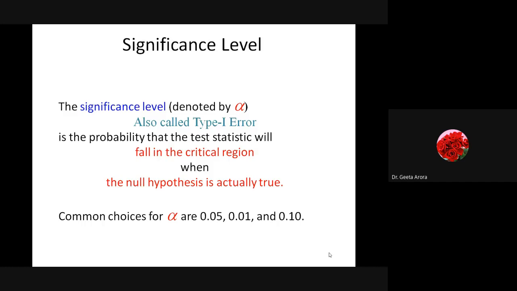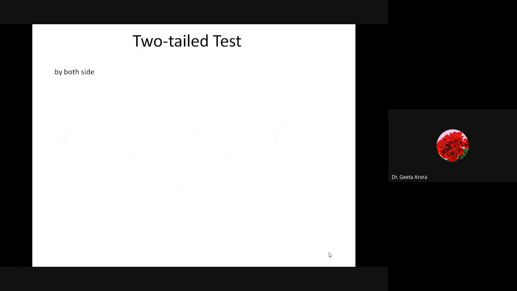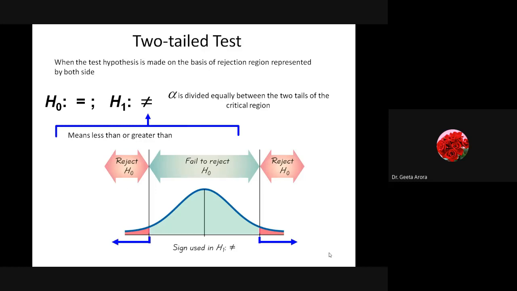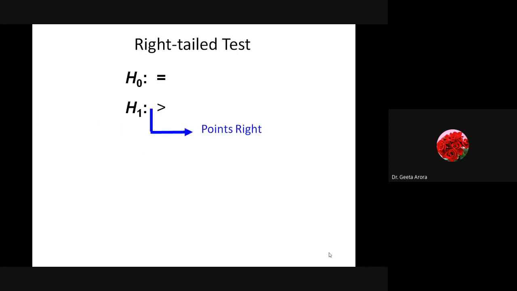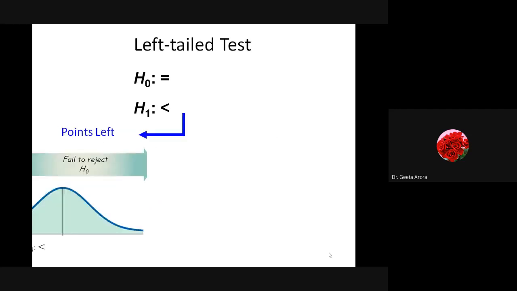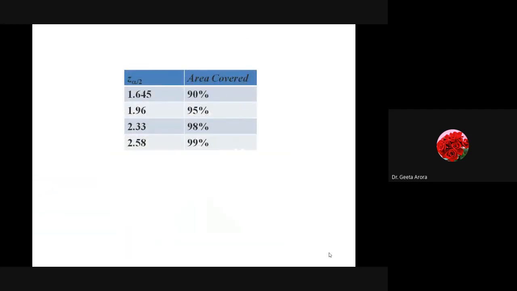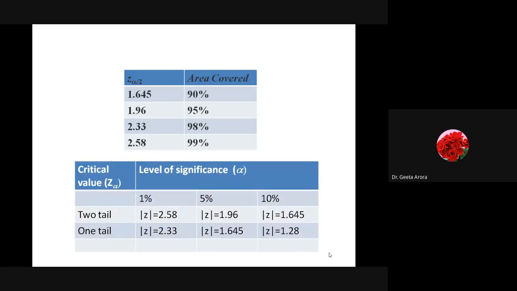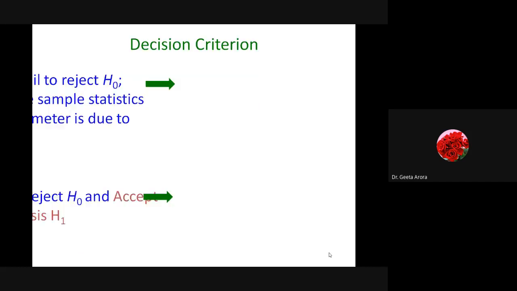Then we have learned some definitions for the critical region, level of significance, one tail and two tail tests. Something we have already learned and something we will learn through examples. I think clarity will come when we start with the examples. Then you will come to know which test we are talking about, two tail, one tail, whatever. And then we talked about learning the level of significance and the standard value of Z, the standard value of Z at a one tail test and two tail test. And we are learning it again for the decision, to find out whether we have to accept the hypothesis or reject it.